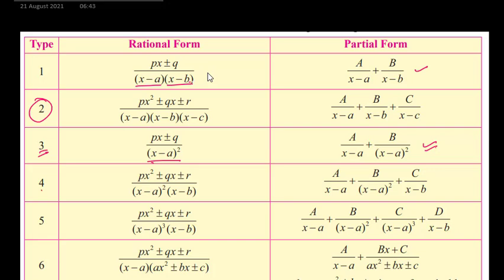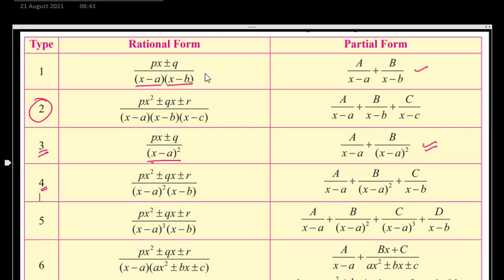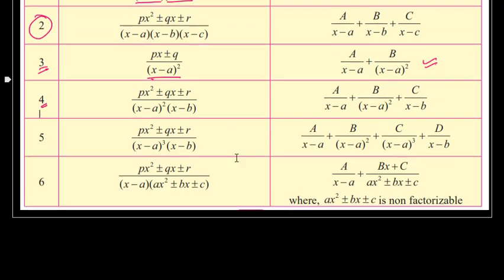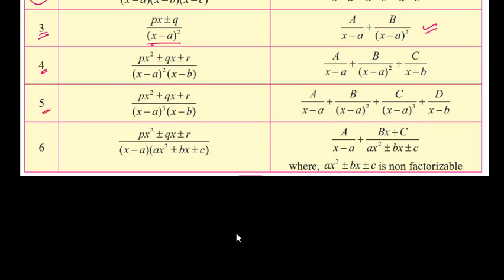So now you can see that in the fourth one, in the denominator we have x minus a square into x minus b. Here for x minus a square, I will write A upon x minus a plus B upon x minus a the square, and I have one more factor x minus b, so for that I have written C upon x minus b. Okay, the fifth type you see is an extension of this fourth one only. Here for x minus a I have a cube, so in the denominator I will have x minus a, x minus a square, x minus a cube, and this is a linear factor, so it is D upon x minus b.